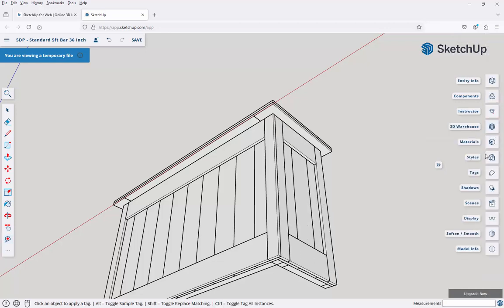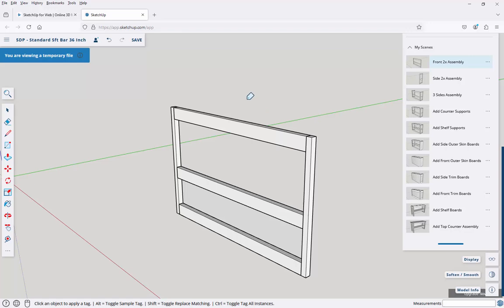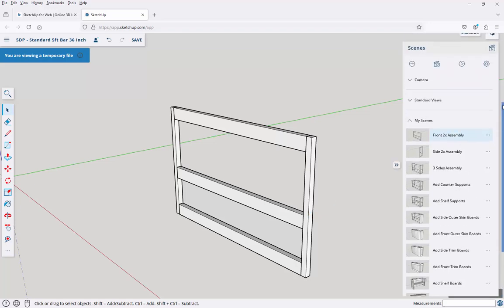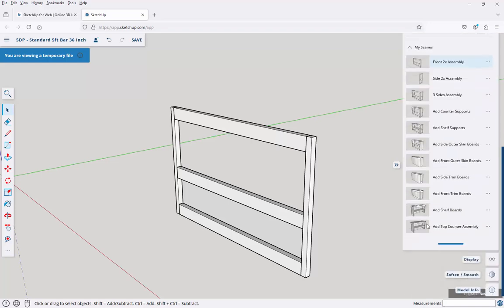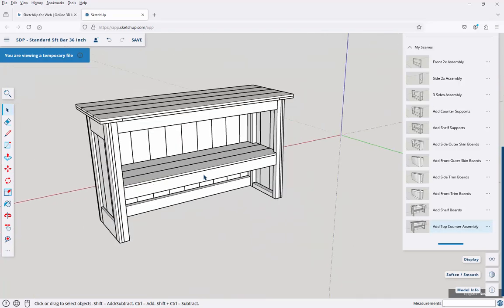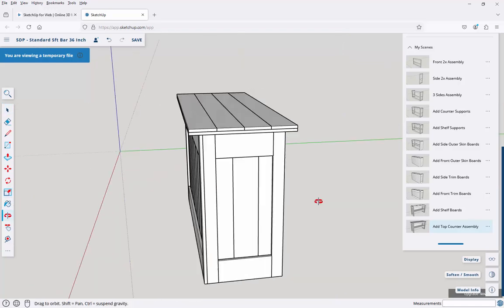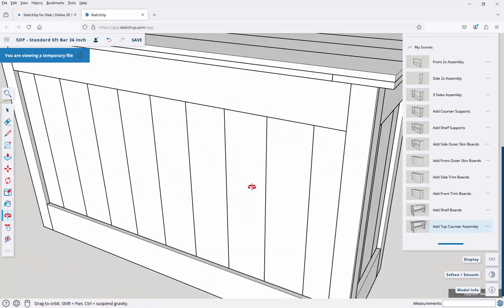We can go back over to our scenes and go back to my scenes, and that will take you back to our beginning process of building it. Okay, so that is just the very basics of using SketchUp. There's lots to learn, but that is the very basics of how to use it, and how I think